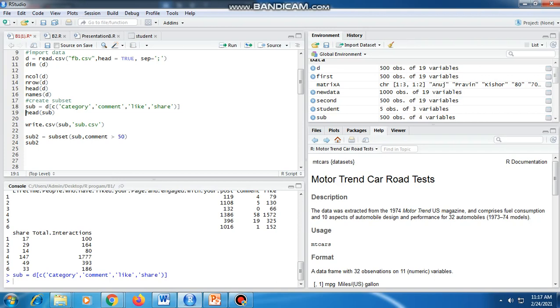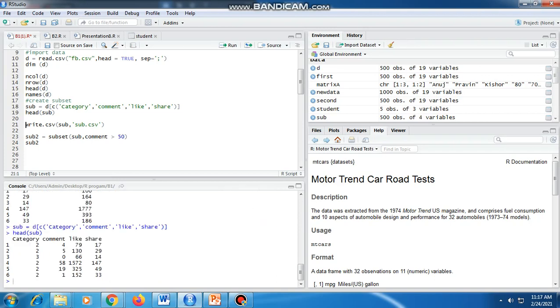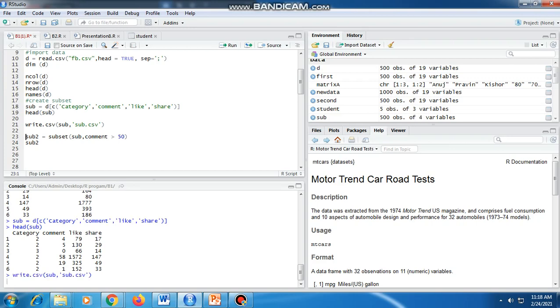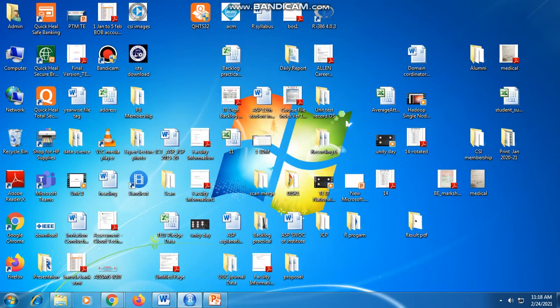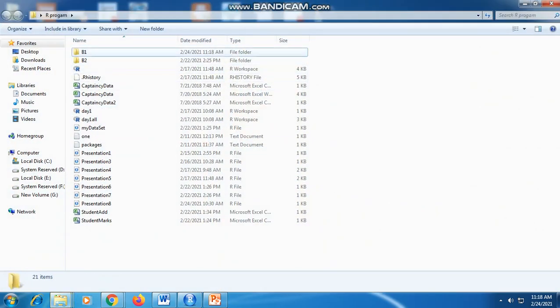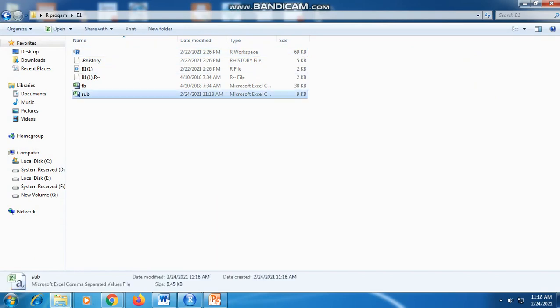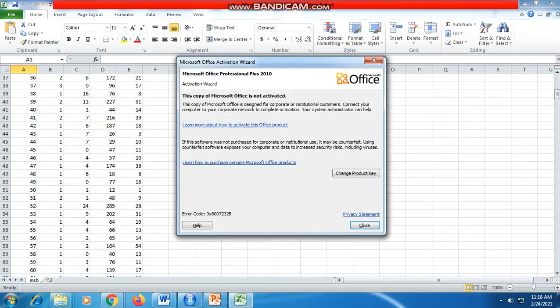Head of sub prints the first 6 lines for these columns. Then we store the contents of sub into the sub.csv file with write.csv sub comma sub.csv. If we observe the folder where I kept my files, the sub.csv file gets created.